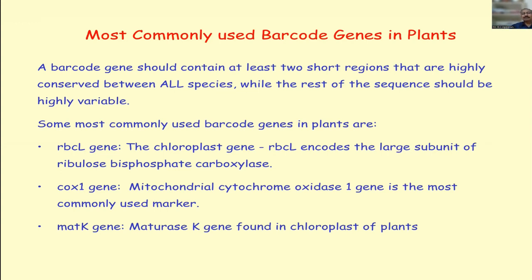So in DNA barcoding, we use certain barcoding genes. Three barcoding genes are most commonly used in plants. The first one is the Rbcl gene, which I just talked about. The second one is the COX1 gene, C for cytochrome, OX for oxidase. The first region of the COX1 gene, present in the mitochondrial cytochrome oxidase 1 gene, is the most commonly used